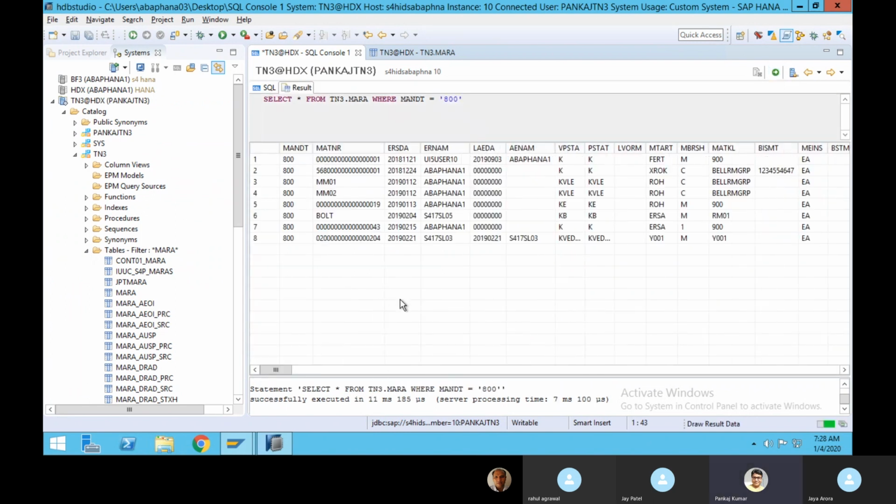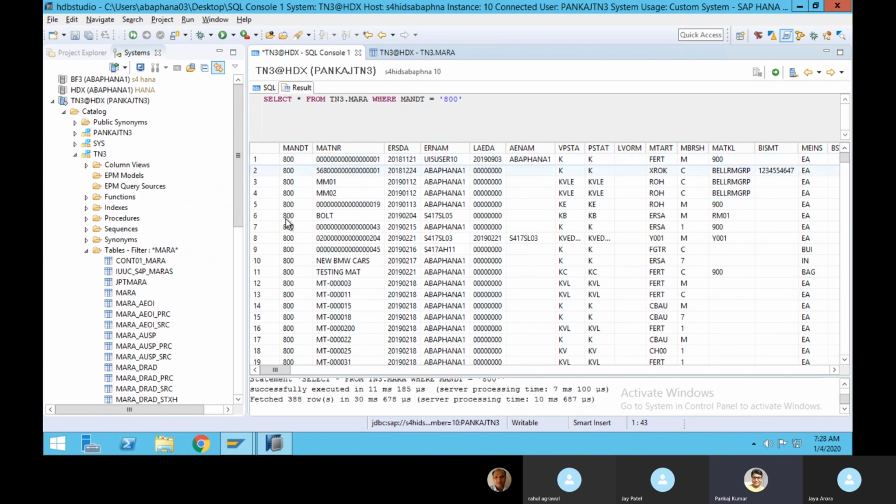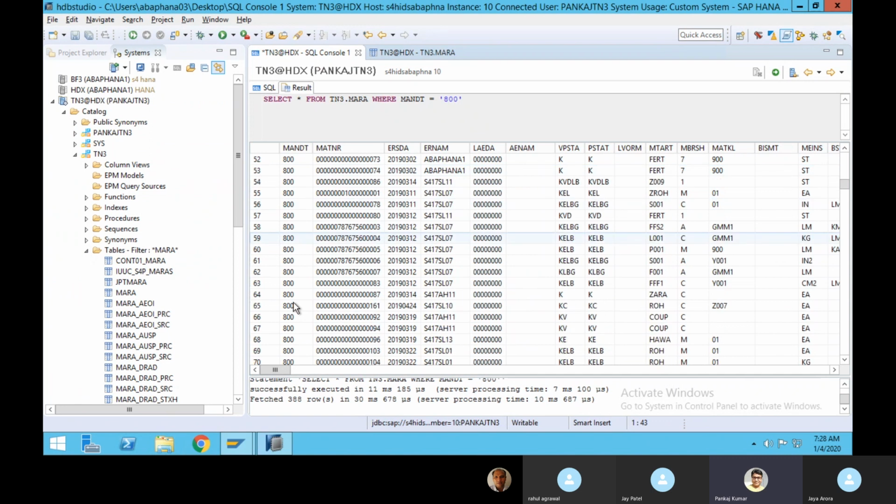Okay, and you can see here the number of entries, it is only coming of 800, and here you can see fetched 388 rows, the same number of rows as when you put MANDT equal to 800.